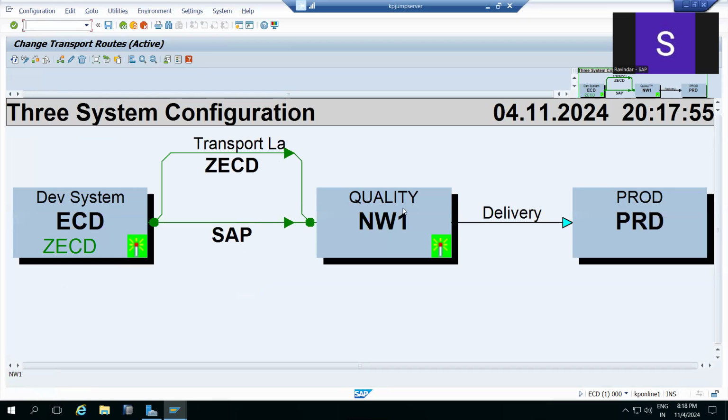Once testing is done, it will go to delivery to the final production system, right? The testing will be done here. So in the consolidation route, we have two layers. One is the SAP layer, the second one is the ZSID layer. SAP layer means all SAP standard objects will go via this layer,